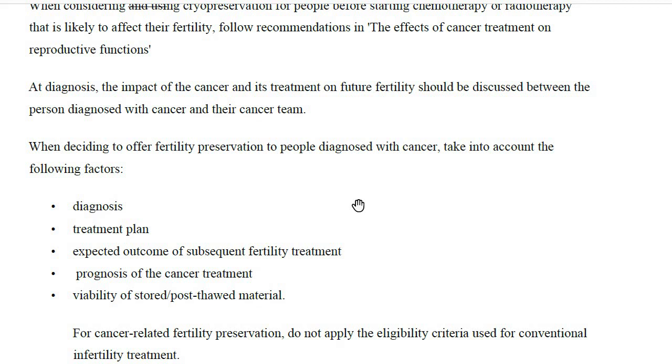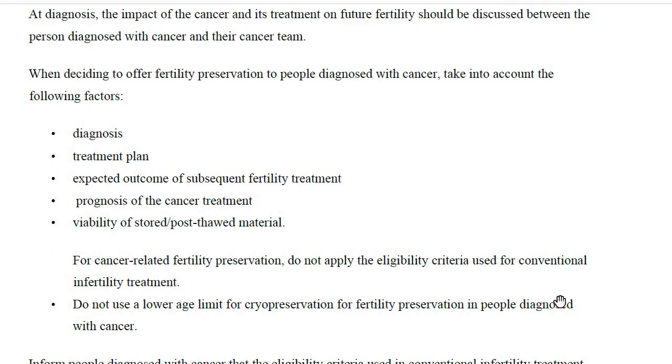So when deciding to offer fertility preservation to people who are diagnosed with cancer, we should take into account the following factors: diagnosis, their treatment plan, expected outcome of subsequent fertility treatment, prognosis for the cancer treatment, viability of the stored or post-thawed material. And for cancer related fertility preservation, do not apply the eligibility criteria used